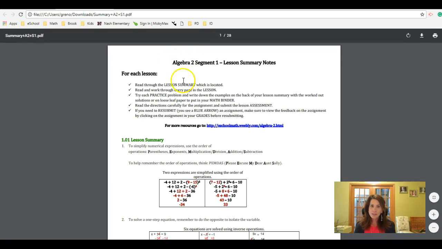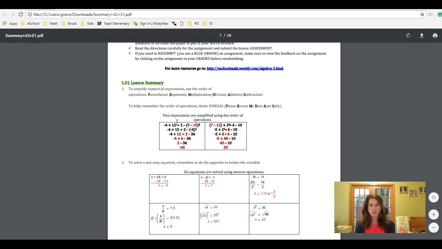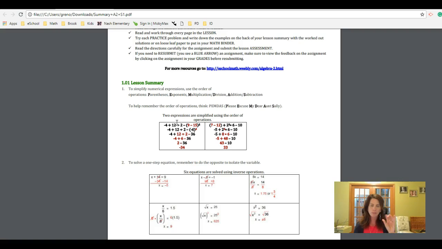So what this is that every lesson you're responsible for in this course has a little mini lesson summary. So really the most important things from that lesson, again, not everything and not always examples. So that's where your personal note taking on each lesson is still going to be important. And when you do your assignment work, do it right in your notebook. So kind of keep a running log as you take notes and do assignments. Everything should be in order. So as you flip through, that's what your notebook is. It's that documentation of you throughout the whole course.